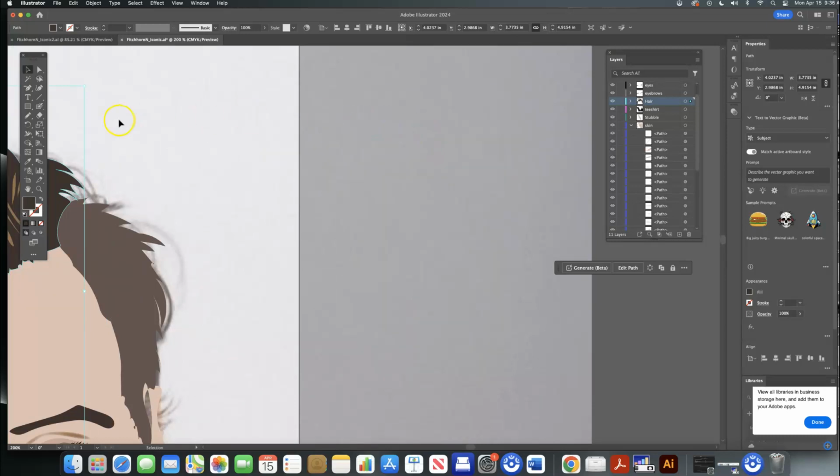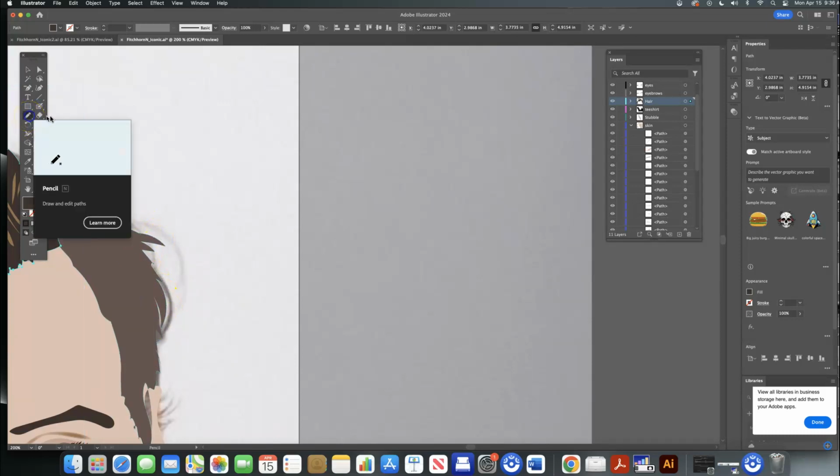People from different ethnic backgrounds have different texture hair. For instance, Cubans, African Americans, they have more curly texture hair. So you can't use these smooth strokes to show curl. I'm just going to pretend that there's a person with dreadlocks here, and I'm going to use the pencil tool to make really bubbly lines, right? So this is a dreadlock right here, we're going to pretend,